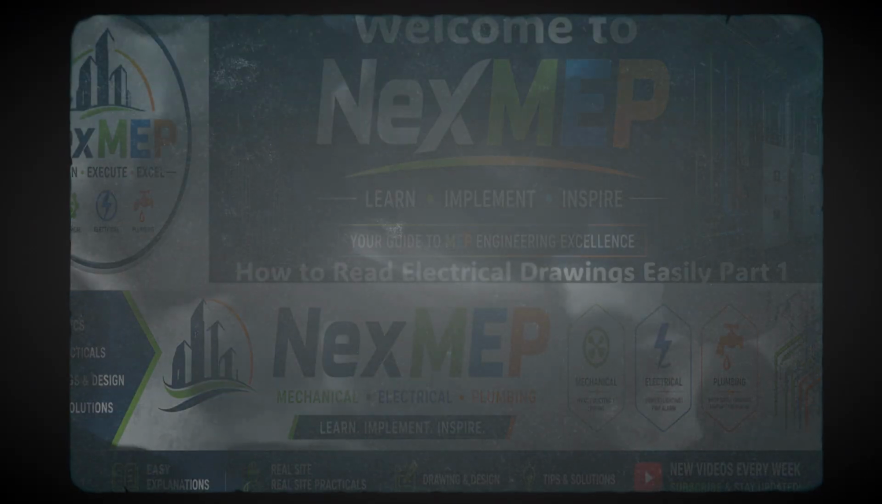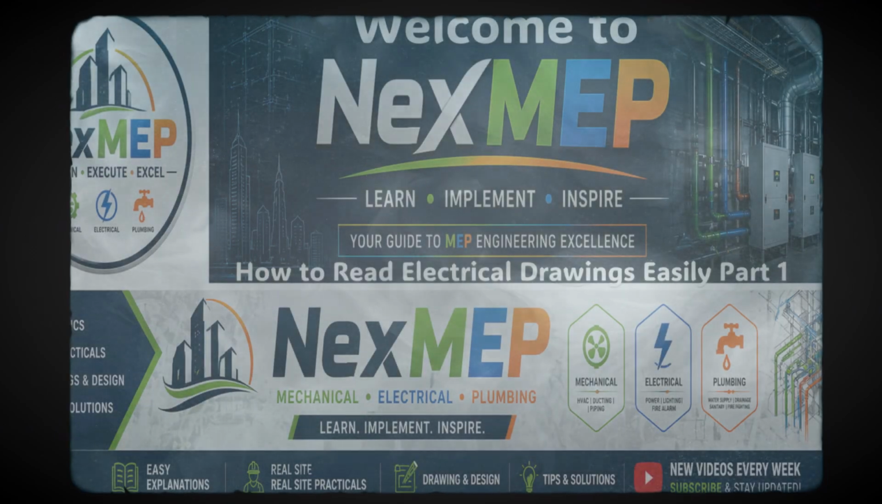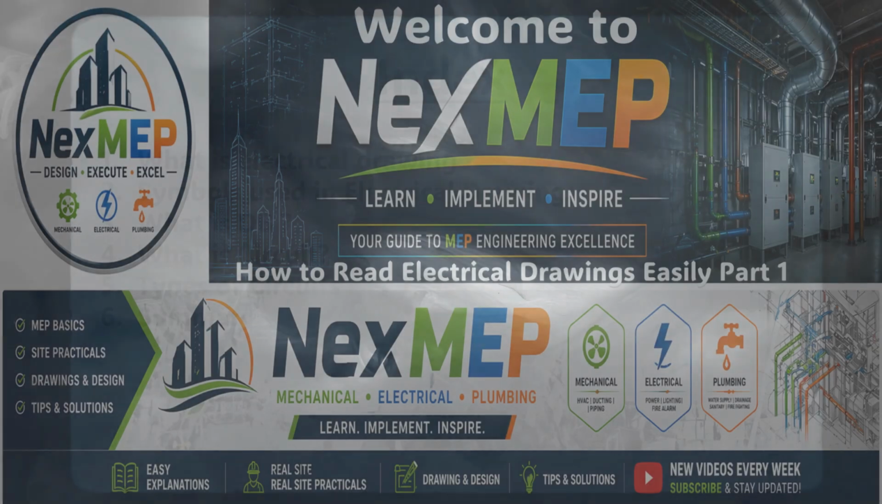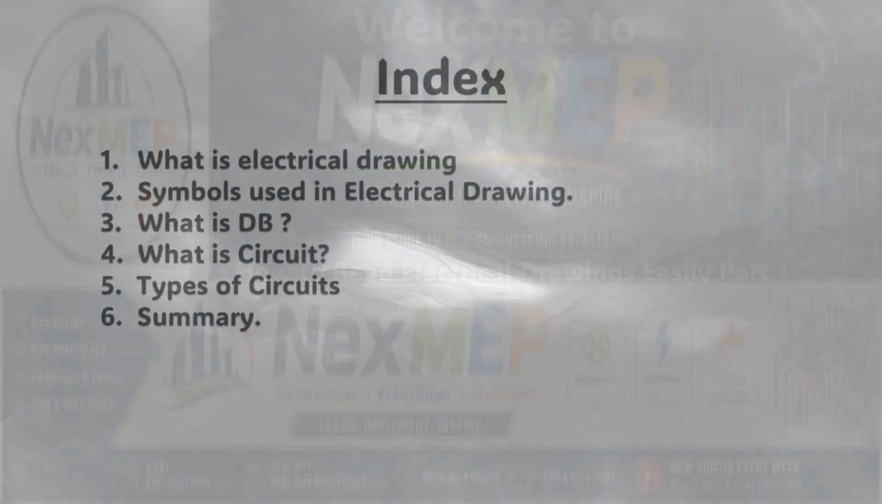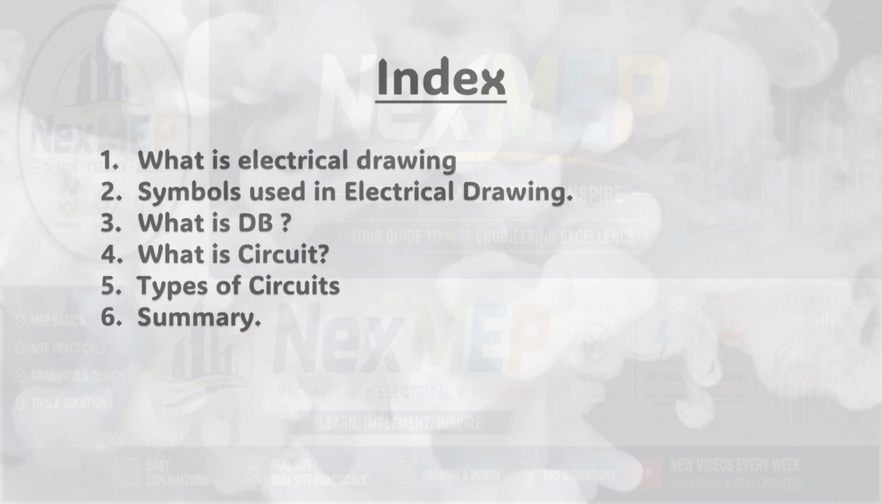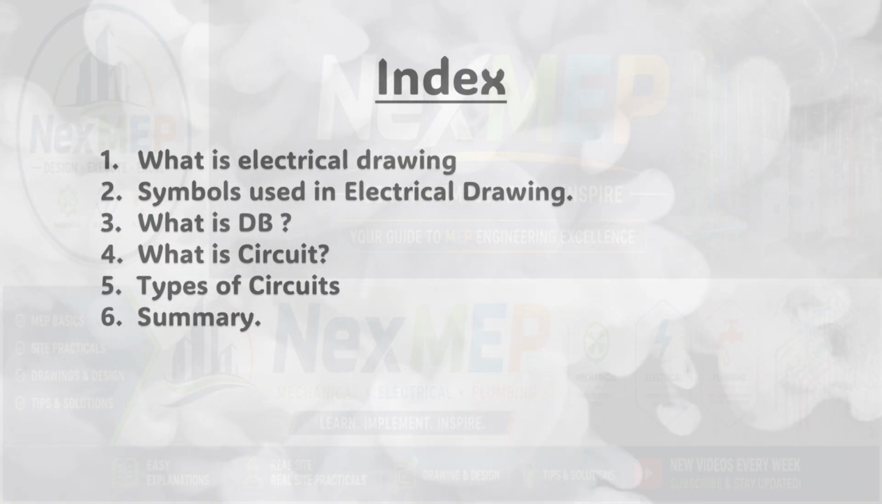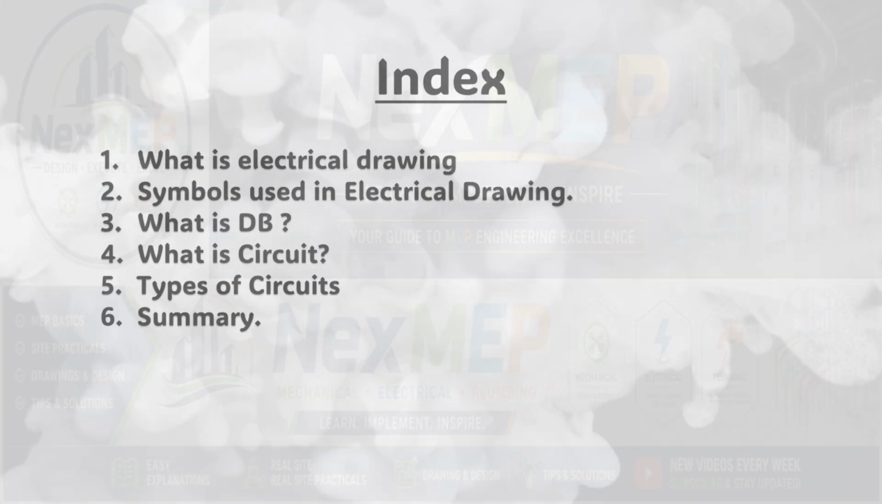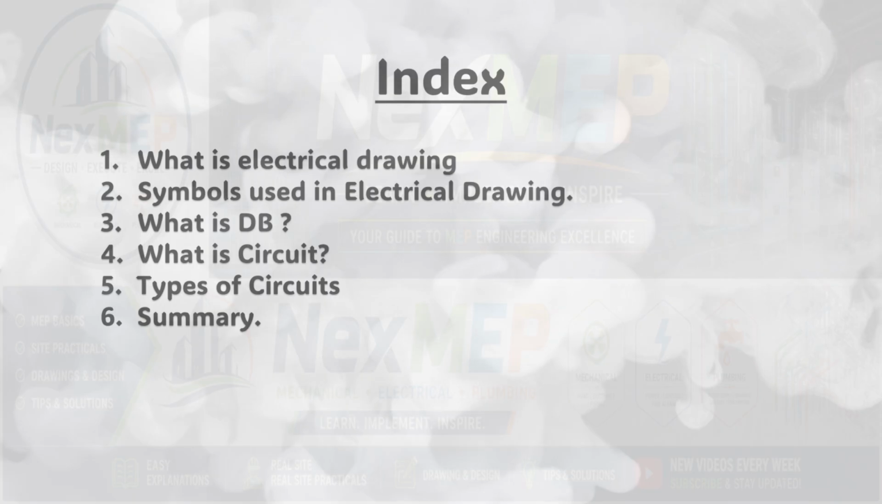Today's topic is How to Read Electrical Drawings Part 1, a complete beginner-friendly guide for site engineers, students, and MEP professionals. Before we begin, let's quickly look at what we're going to cover today. What is an electrical drawing? Symbols used in electrical drawings. What is a DB? What is a circuit? Types of circuit summary. By the end of this video, you'll be able to read and understand any basic electrical